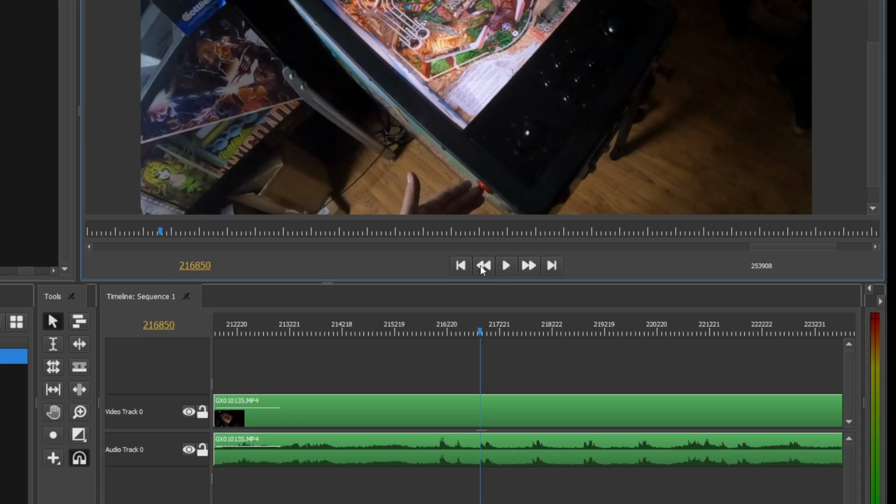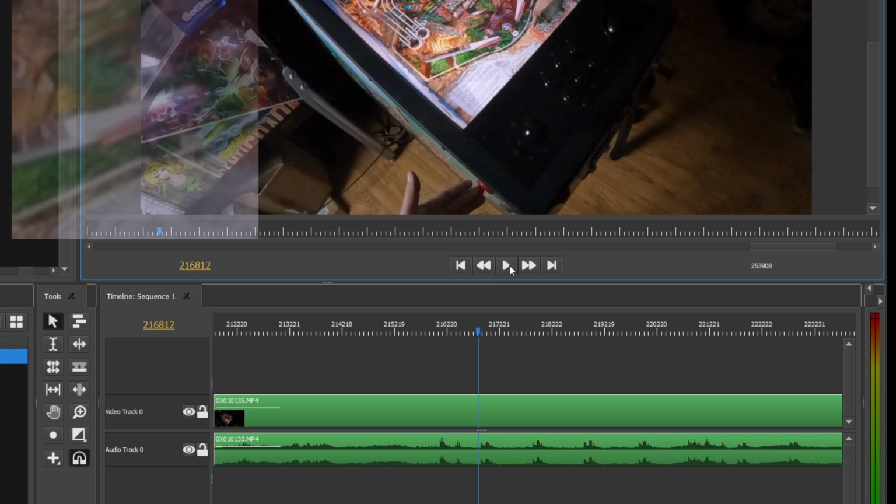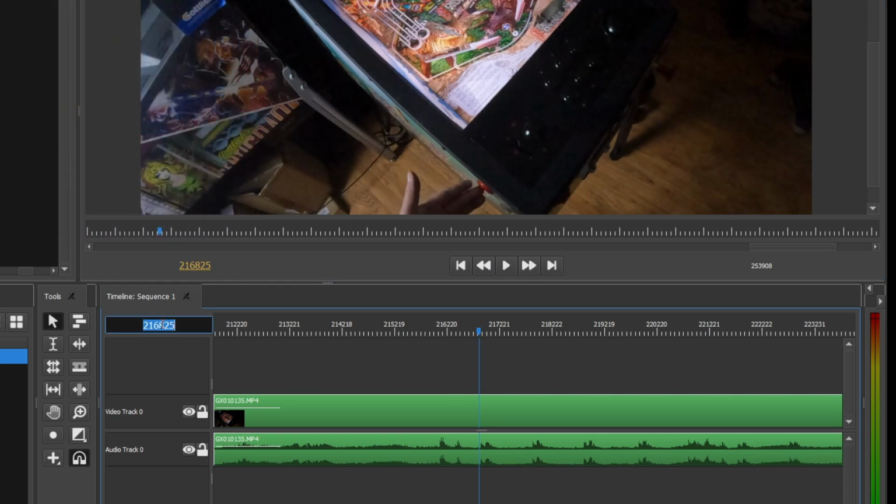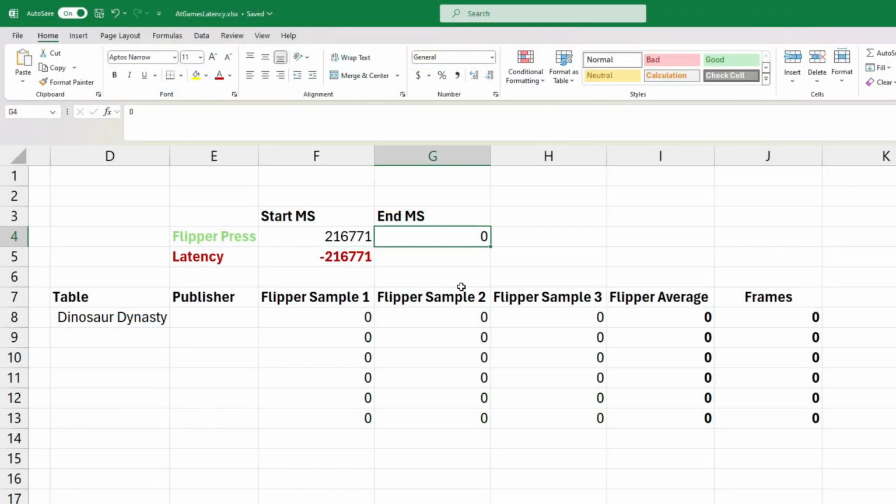We want to record the very first sign of flipper movement. To make it easier to see in this video, I'll expand the section in the upper left. Again, we'll copy the timeline sequence, which is in milliseconds, copy it to the clipboard, and paste it into our spreadsheet. Now we have our first sample demonstrating a latency of 54 milliseconds, and we can add that to our